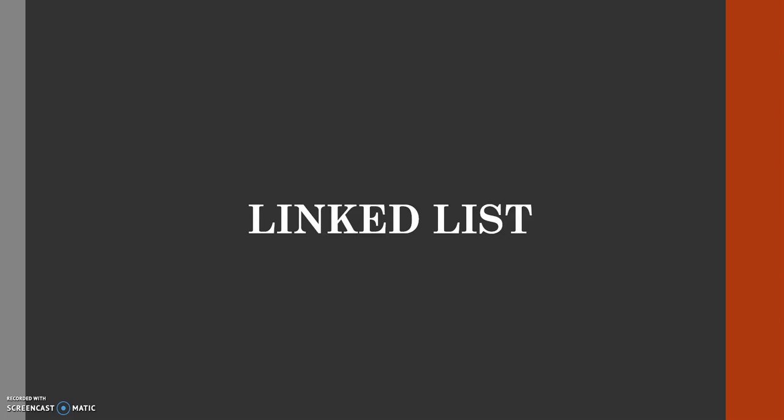As we know, in the very first lecture of the linked list, we talked about dynamic memory allocation. We know that the linked list uses dynamic memory allocation, and the meaning of dynamic memory allocation is that you can allocate the memory at runtime, right? Means when you start the program, you don't know how much memory will be required for this program. At runtime, you allocate the memory based on the requirement. So that is the concept of dynamic memory allocation.